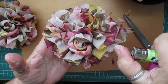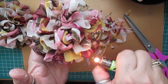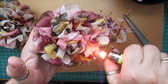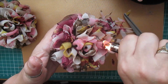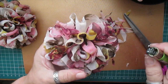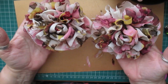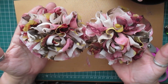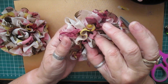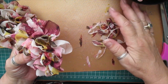Right, and then work on the next layer inside. Because remember, the bud and 2 layers. That's what you've done. And they do look very similar. They come out gorgeous. I love them. I think they're gorgeous flowers. And then all you do, you remove all your rubbish,